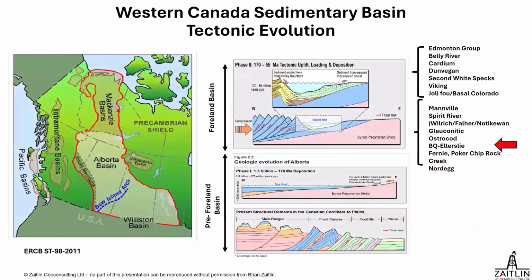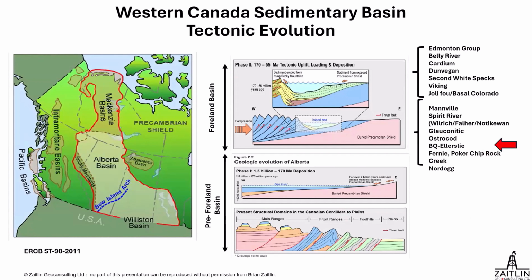As we're aware, the Western Canada sedimentary basin has a pre-foreland basin component that occurred until about 170 million years ago. And then in the last 170 million years, we had continental collision off to the west, and we had the development of a foreland basin. And in that foreland basin, there's a number of different stratigraphic units that were deposited within this basin. And I'm going to be concentrating in this portion of the stratigraphic record here on the basal quartz section of